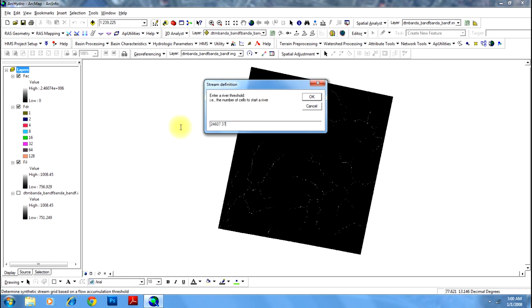I'll be keeping it around 20,000, which means to say that if 20,000 pixels are arranged in a manner that looks like a river, it should be delineated as a river. If it is less than 20,000, do not delineate it as a drainage network or a river.